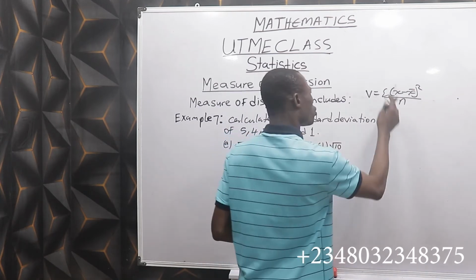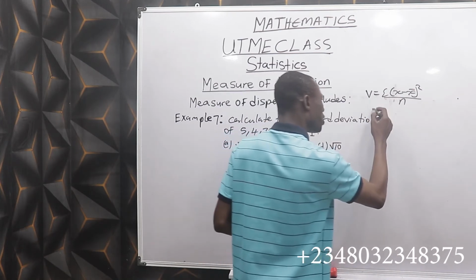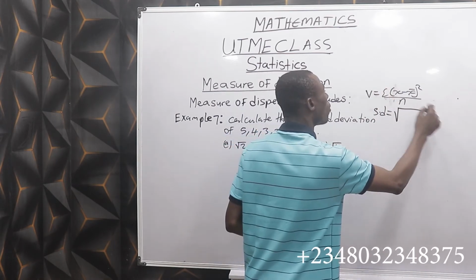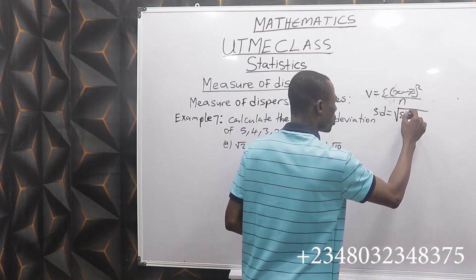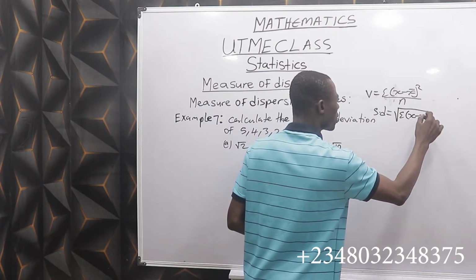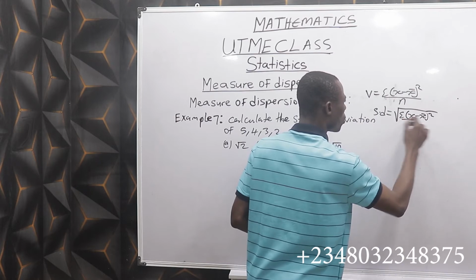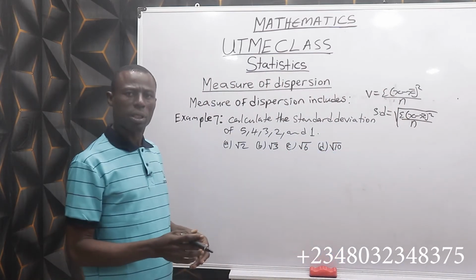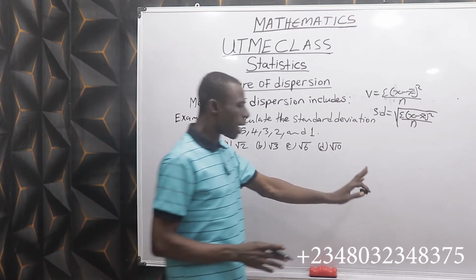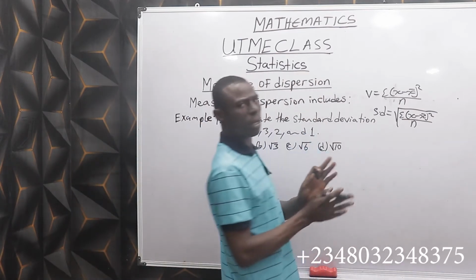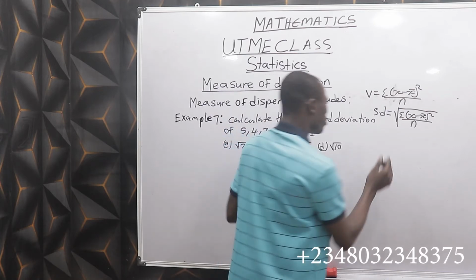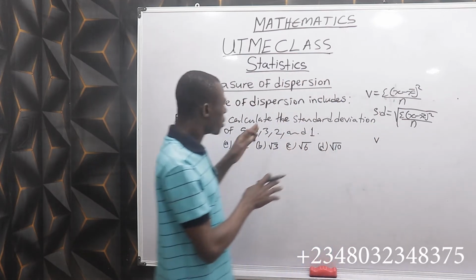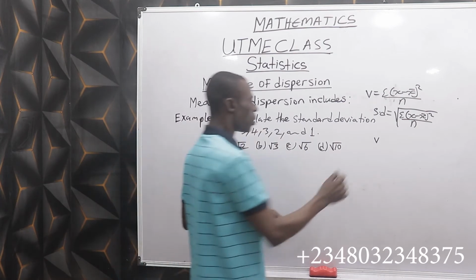Now, once you know variance, standard deviation of the same item is square root of this variance. Summation x minus x bar all square over n. This is standard deviation. Do you understand? That works anywhere. There's another formula for variance. If you care to use it, variance of such non-tabulated data could be